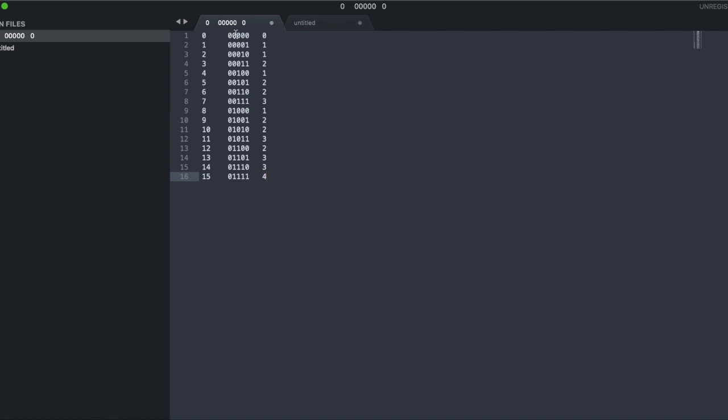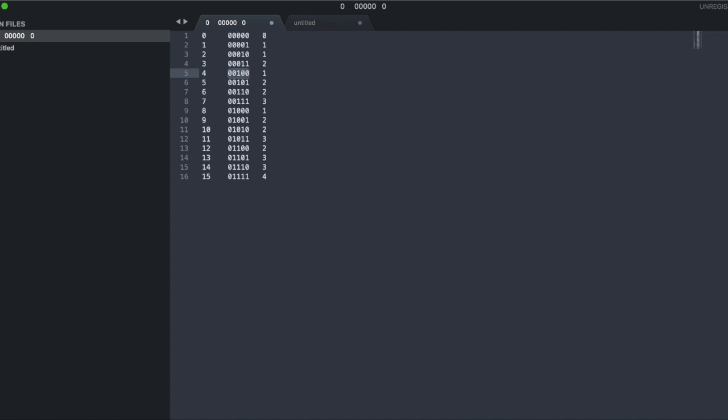Here the time complexity would be n times the size of the integer, because ultimately we are iterating over that many bits, or 32 bits, to calculate how many ones are present.